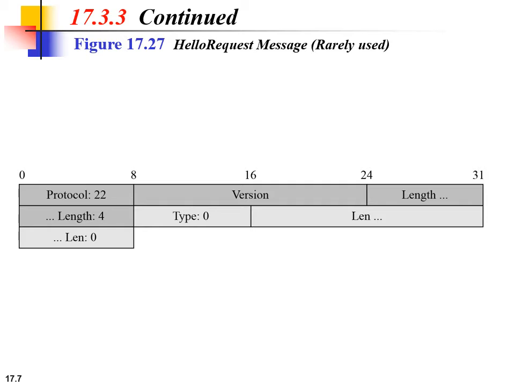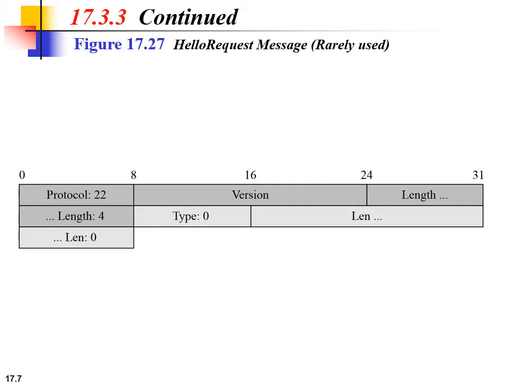Moving to the hello request message. The hello request message, which is rarely used, is a request from the server to the client to restart a session. This may be needed if the server feels that something is wrong with the session and needs a fresh session.